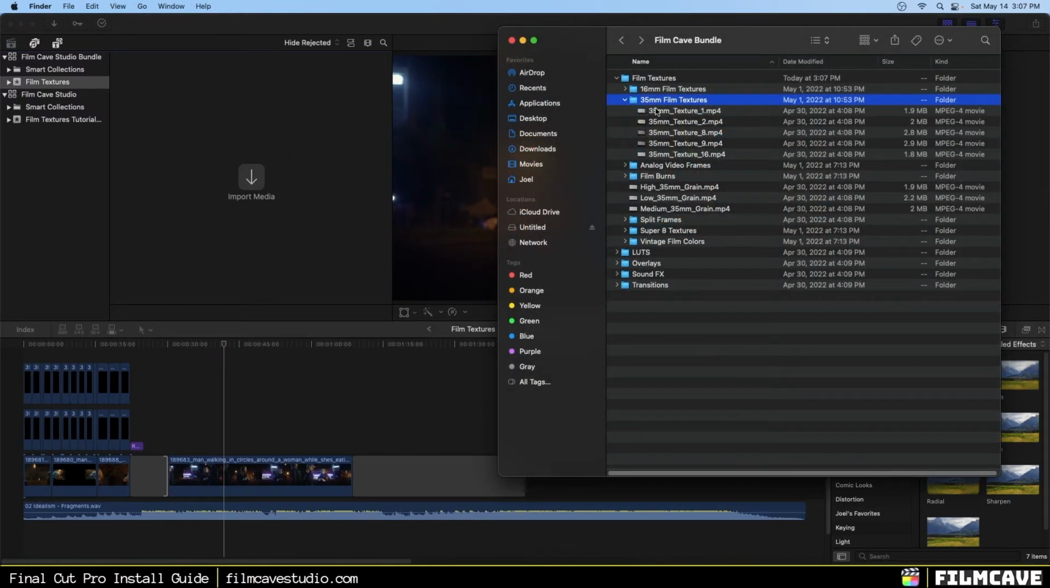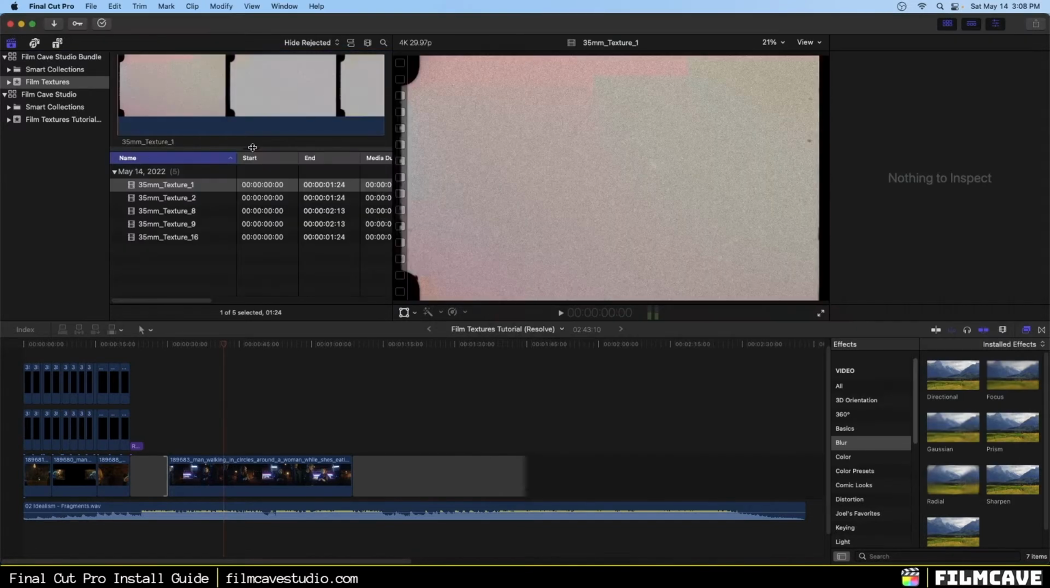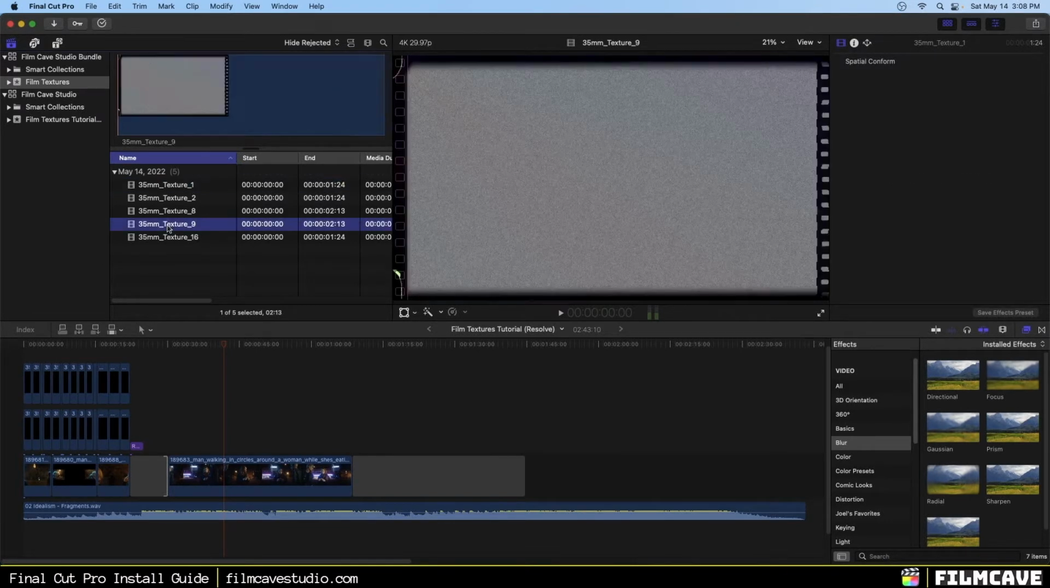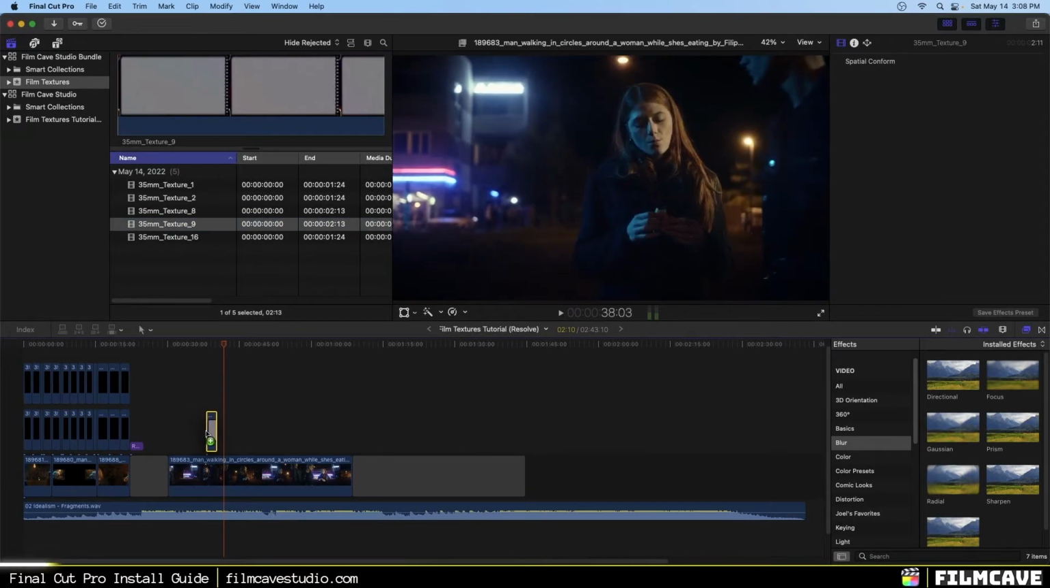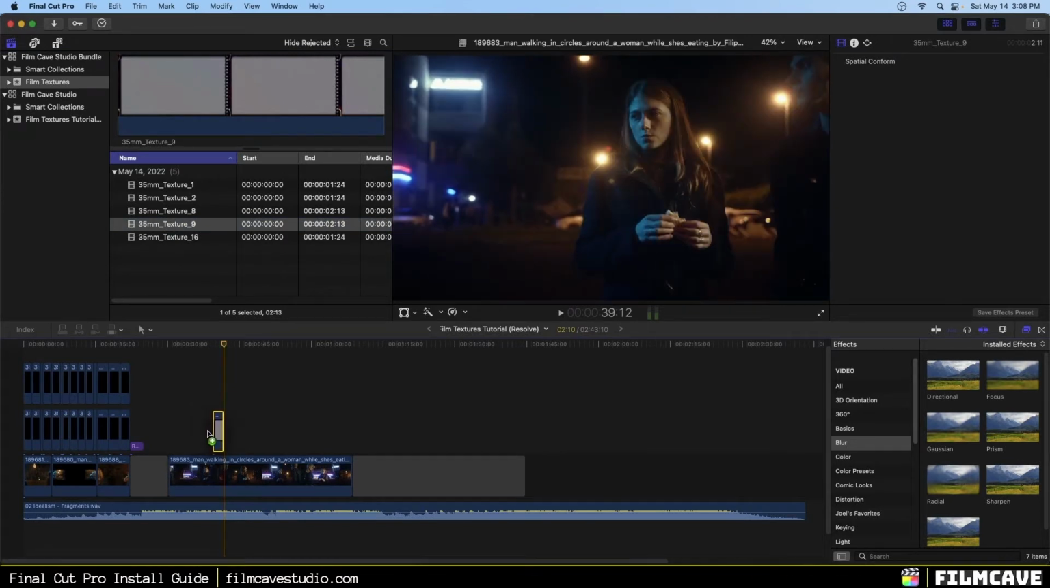All right, so I'm inside of my FilmCAVE bundle, and I'm going to grab these 35mm film textures. Now, of course, you can go ahead and install all of this into your new event or new library. But for me, I'm just going to drag and drop just the 35mm textures. So the next step is to grab one of these 35mm textures. So I'm going to grab 35mm texture 9, and I need to drag and drop this onto my timeline somewhere